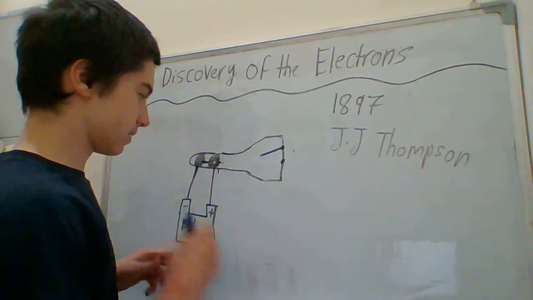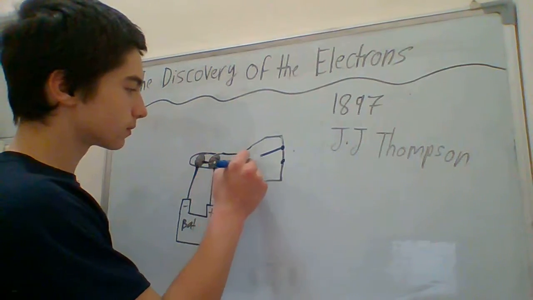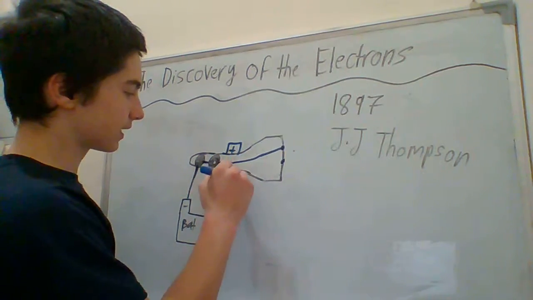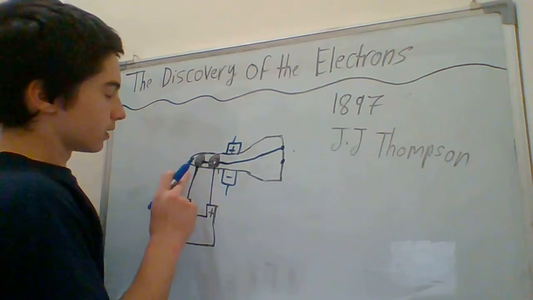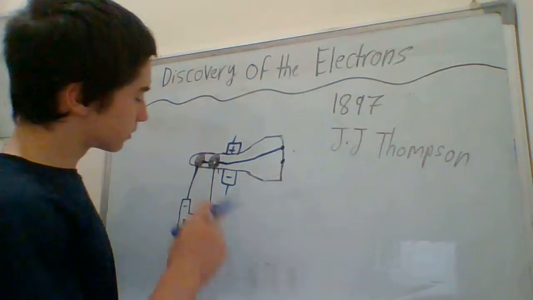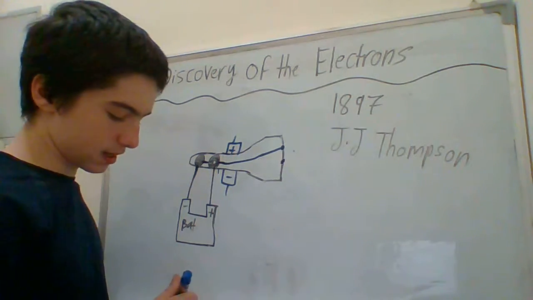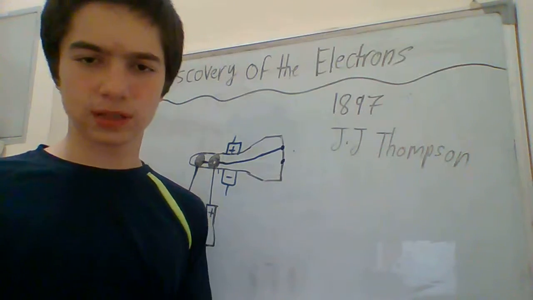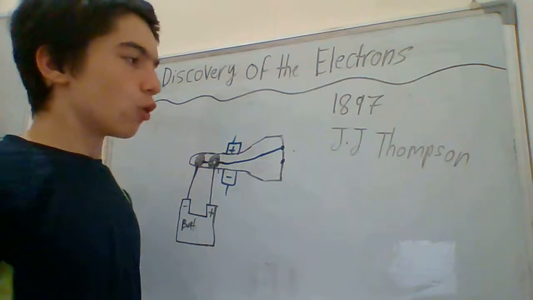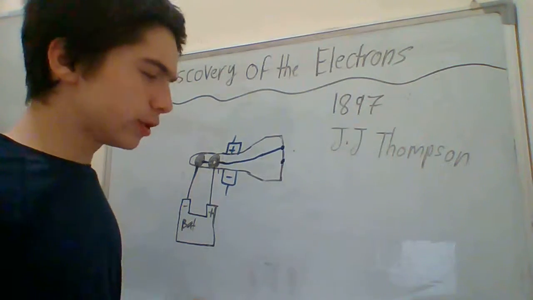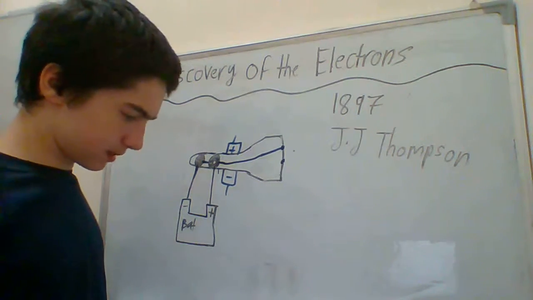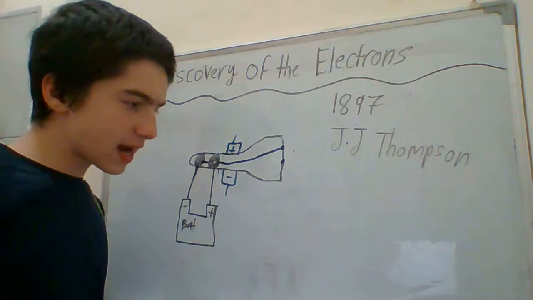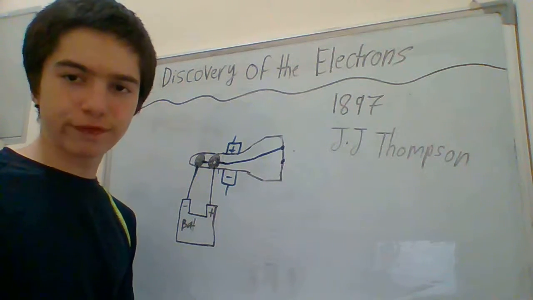Again, the ray still got attracted to the positive charge and deflected away from the negative. He changed the metal again, and still the same answer came out. So I think some of you still didn't understand why he did that experiment. Well, he concluded from it that the ray that was shot was attracted to the positively charged field, magnetic